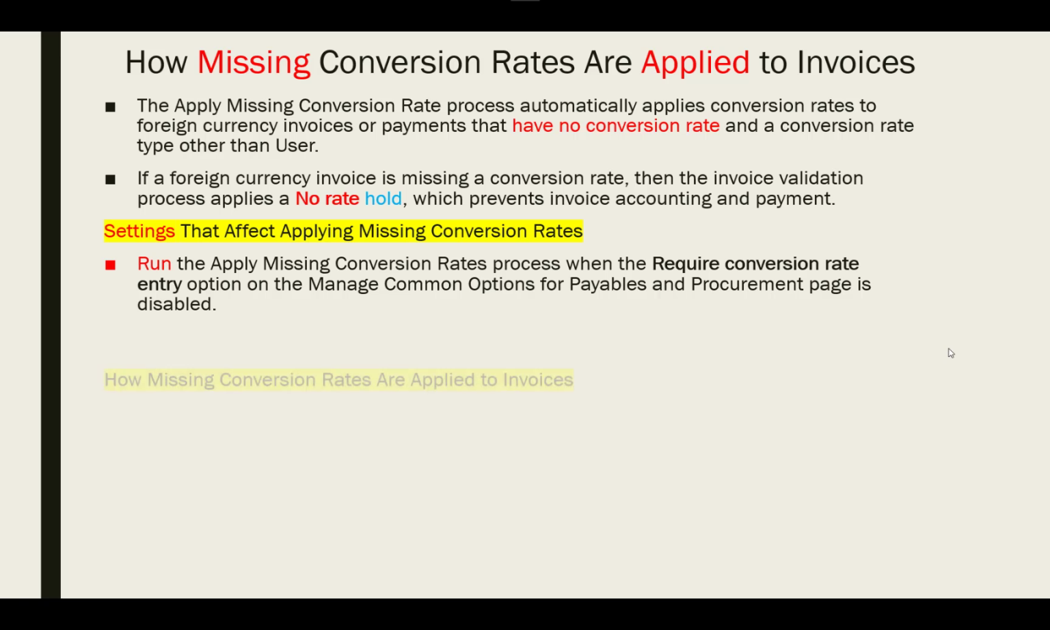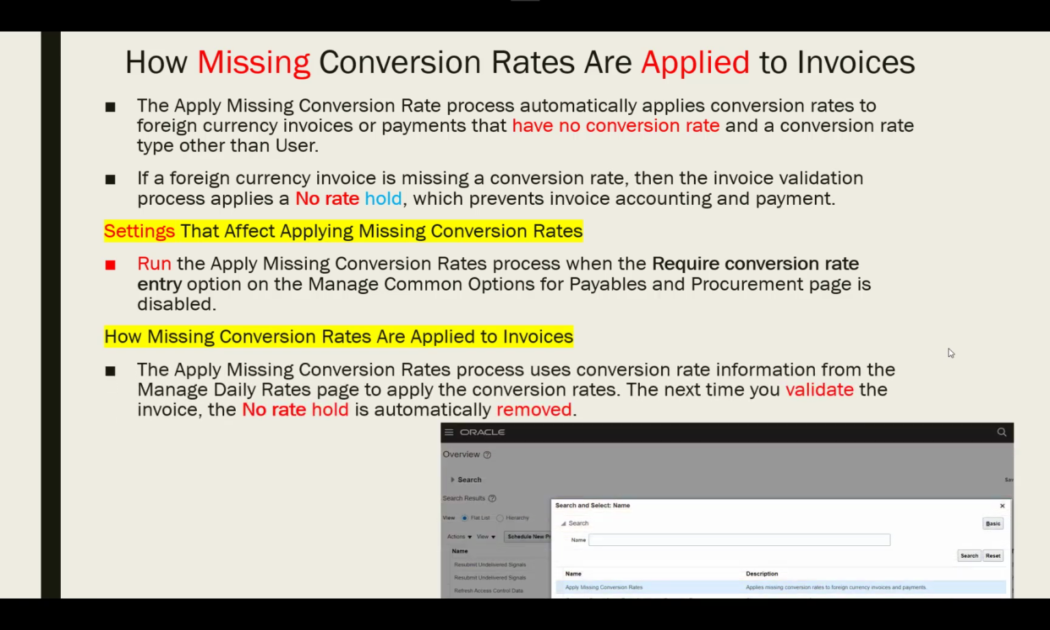Again, I will show it during any schedule. There is one process, apply missing conversion rate. From the schedule process under tools you can run it to apply the rate when the required conversion rate enter option is set in manage common options for payables. The apply missing conversion rate process uses conversion rate information from the manage daily rates page to apply conversion rates. The next time you try to validate,